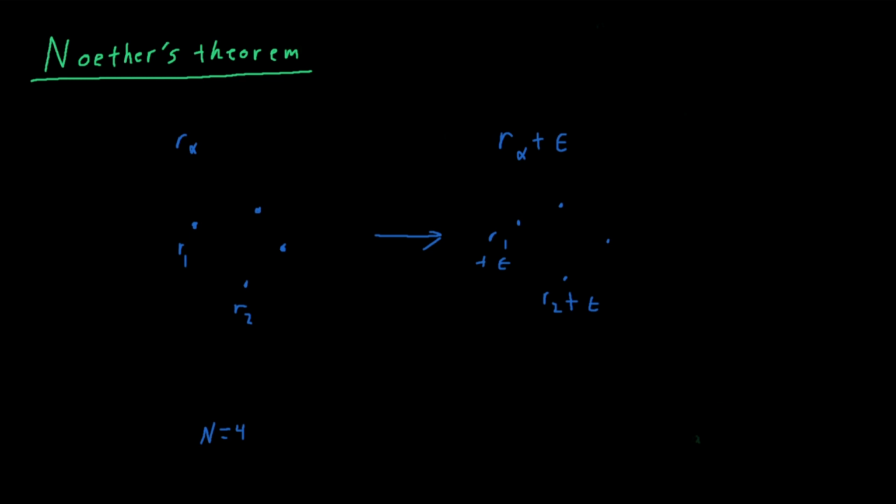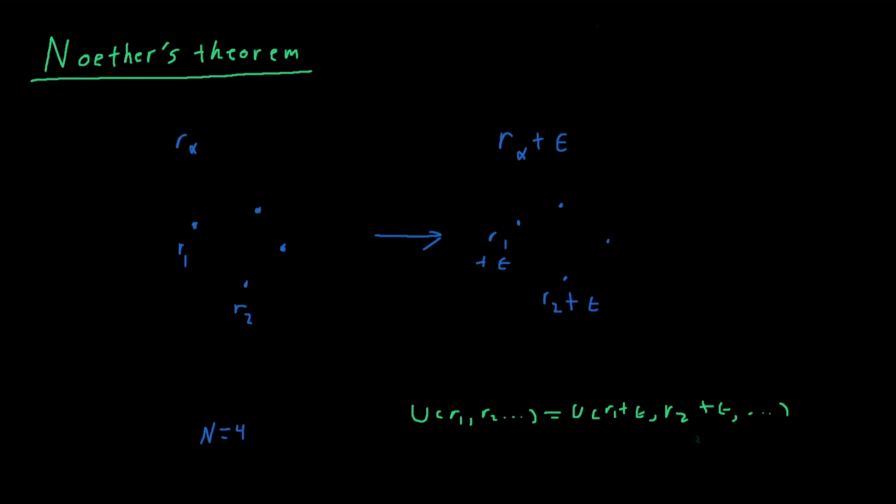So the potential energy should be unaffected by this displacement. That is to say that U of R1, R2 is equal to U of R1 plus epsilon, R2 plus epsilon,